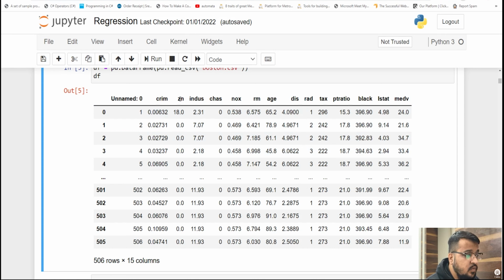You can see what all these columns mean and how they are contributing in this particular variable, how they are contributing to find out the median value of the house. So let's move ahead. Before getting into creating a machine learning model, the first step